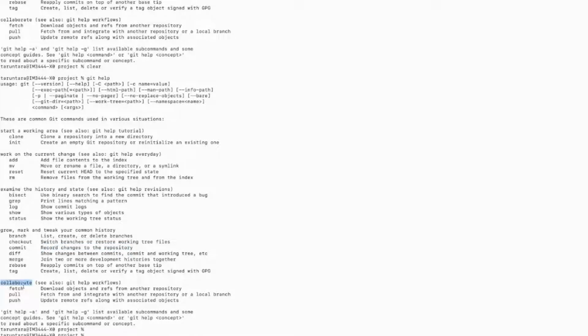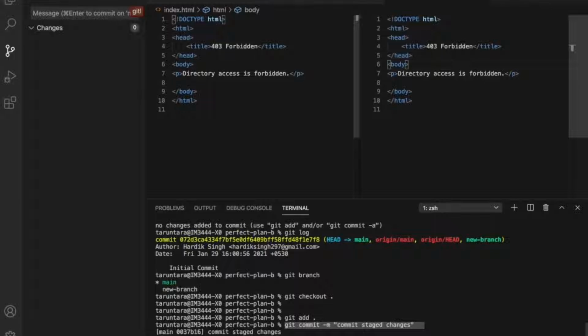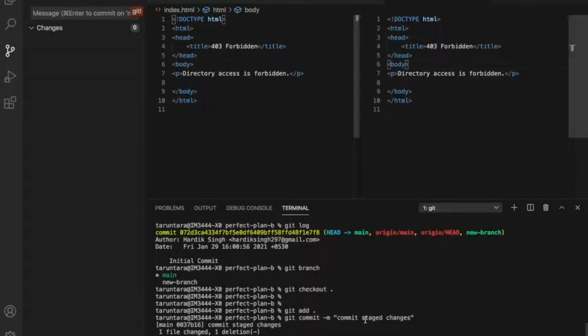Now this is collaborate. So these are the commands you use when you are working with a repository holder. When you are working with GitHub, you can fetch, you can pull, you can push. So all these are really important. Basically, git fetch tells you